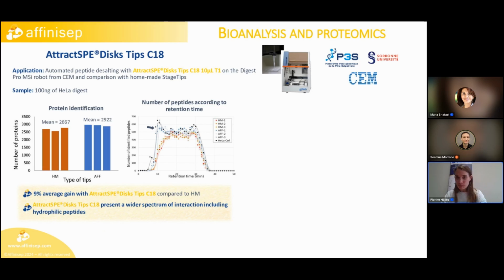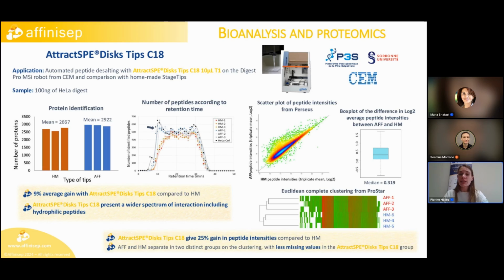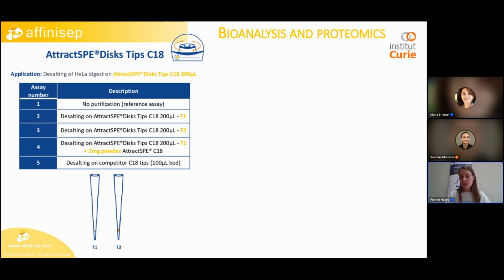On a quantitative aspect now, the study showed that with the Attract SP disc tip C18, you can get a 25% increase in the peptide intensities compared to homemade stage tips. And looking at the clustering, it shows that we have two distinct groups for the homemade tips and the Attract SP tips, with fewer missing values for the Attract SP disc tip C18. So this work was done for automated desalting, but like I said, our tips can also be used in manual